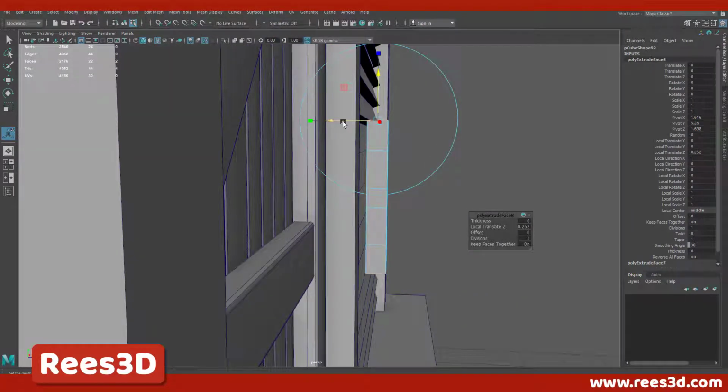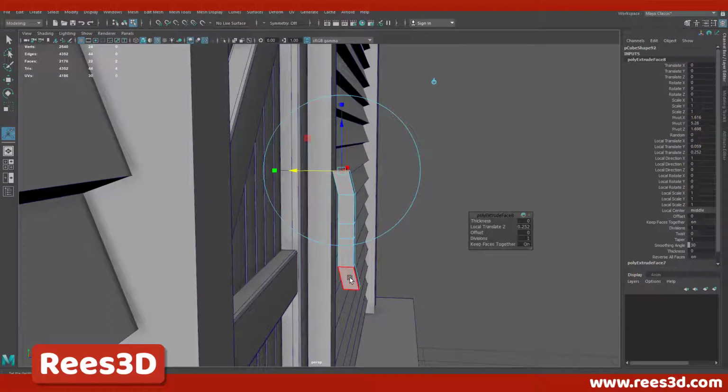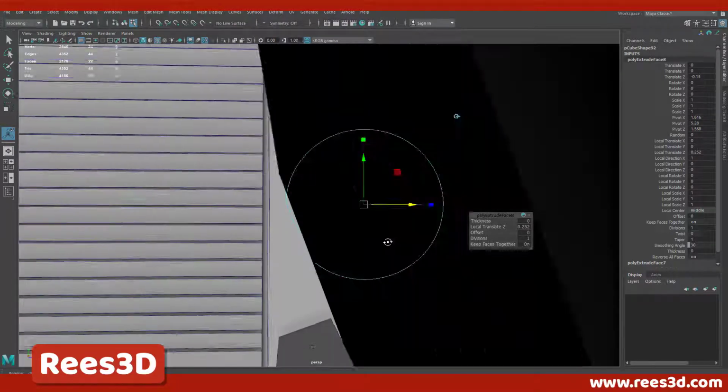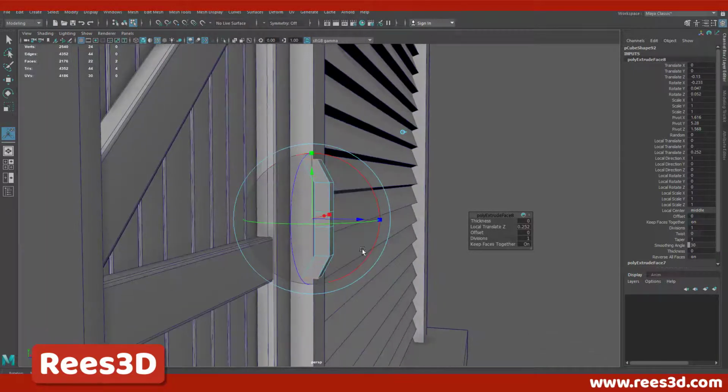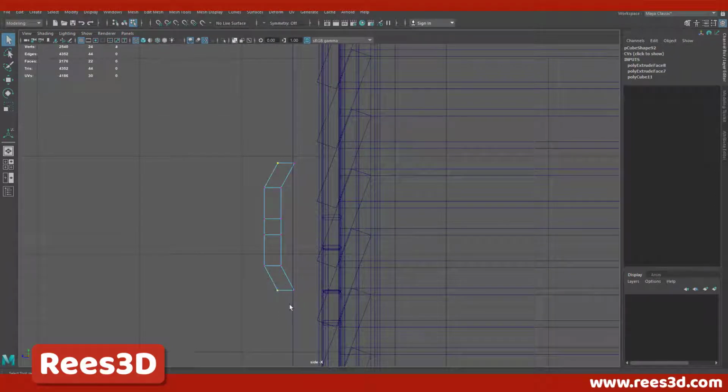Okay, so at this point I want to push it inside, but when I do that, you will notice that it's actually doing the down one in the opposite direction. So just to make sure, or to unify that movement, we can just click here once. Okay, so what that's going to do is help us do exactly that. Now we can go to vertex mode. I'm going to select these two. We need to match them up. Okay, and I want to push these closer to each other,